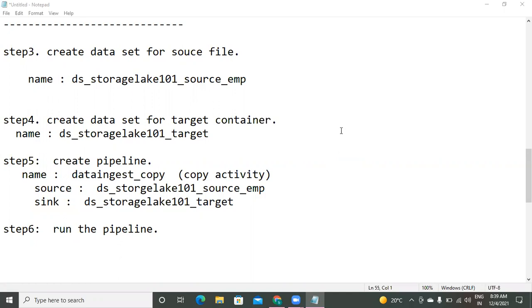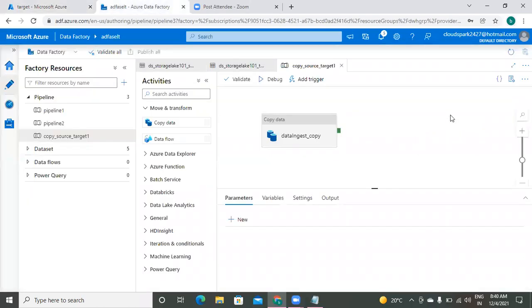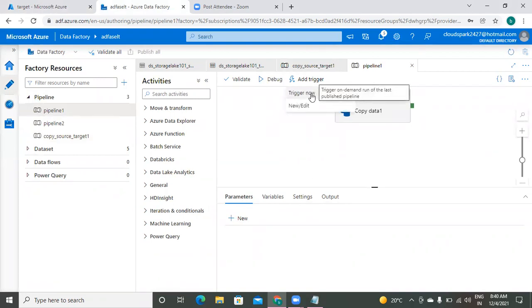Let me check here. Dinakar asked me one question. Simply open any pipeline, Dinakar. Suppose this is my pipeline. Observe at the top, there is Add trigger. Under Add trigger, just say Trigger now. If you want to schedule, go to the option below. With debug also, I will show some examples.